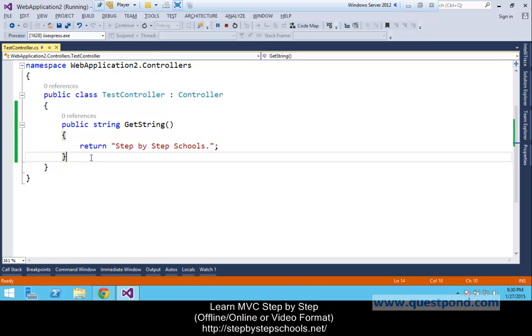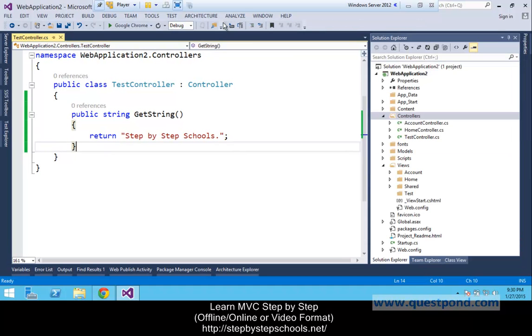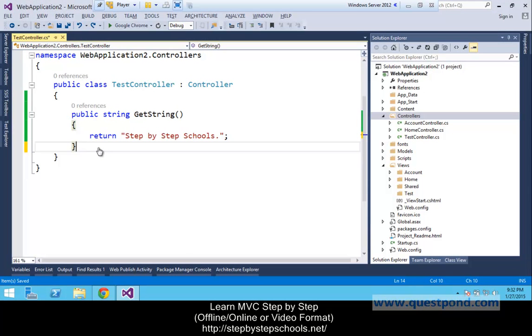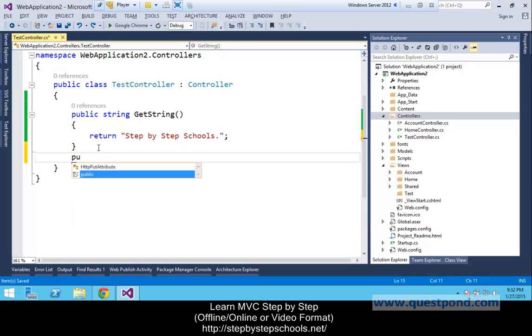So let's introduce the second component of ASP.NET MVC, that is the view. We will use a view when we want to return something complicated, like HTML which will contain some images, some text boxes, etc. So let's do that. First we'll stop this application, and then create one more action method: public ActionResult GetView.